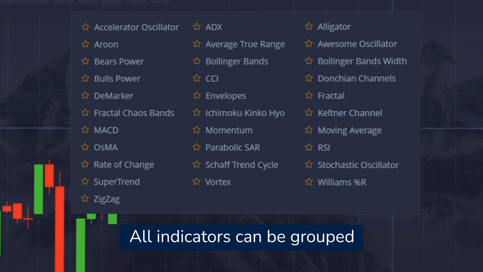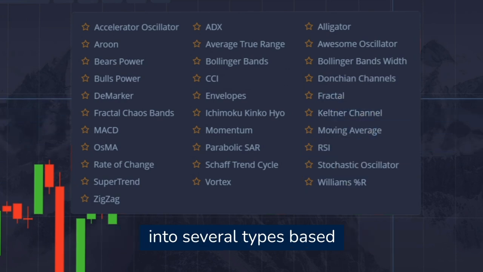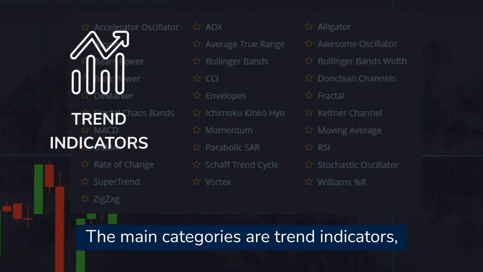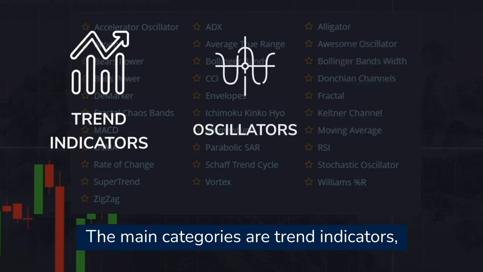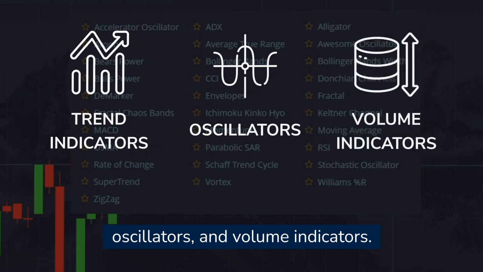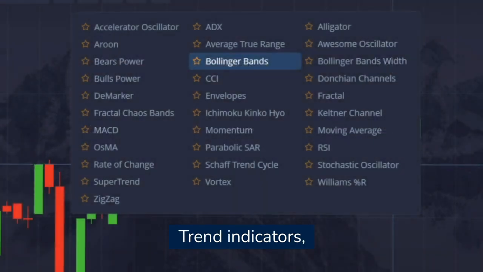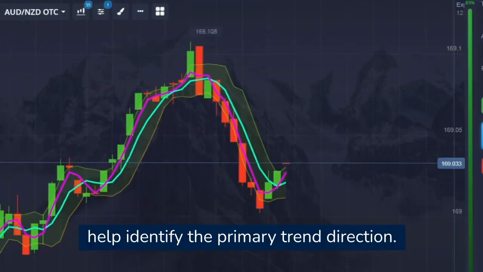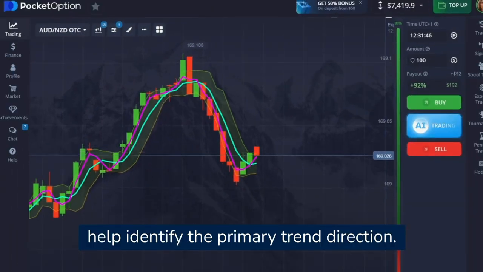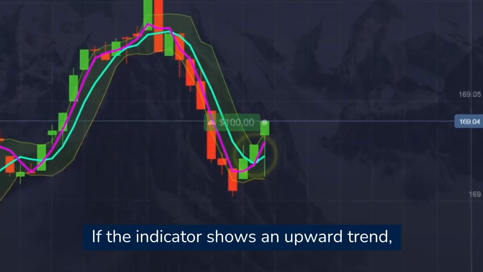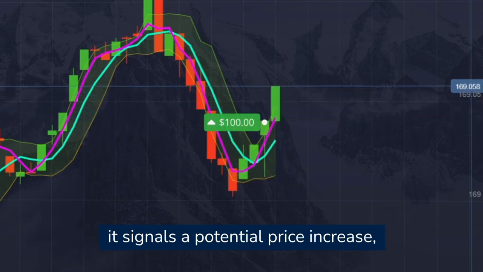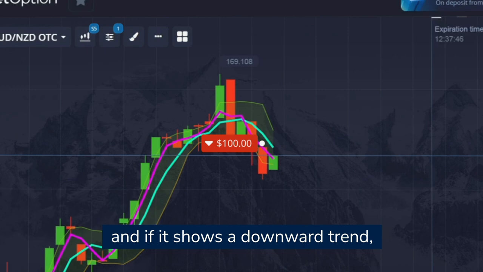All indicators can be grouped into several types based on their purposes and characteristics. The main categories are trend indicators, oscillators, and volume indicators. Trend indicators, such as moving average and Bollinger Bands, help identify the primary trend direction. If the indicator shows an upward trend, it signals a potential price increase, and if it shows a downward trend,